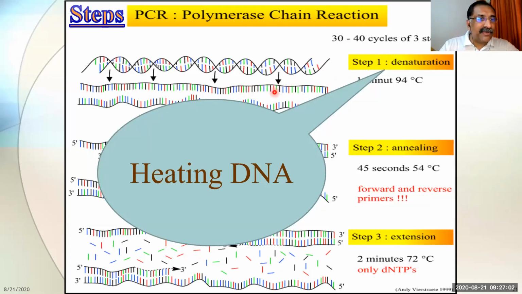Now, have you seen this picture which I'm showing over here? Are you observing it, friends? Are you able to see? My laser you are observing there. Now you see this DNA, you heated at 94 degrees Celsius and the hydrogen bonds are broken and both the strands are getting separated. And this separation of the DNA strand by heating at 94 degrees Celsius for about 1 minute is known as denaturation. So this is what is called denaturation.